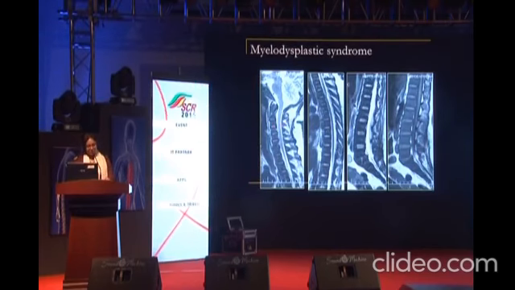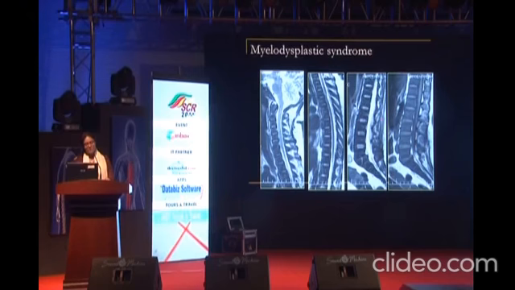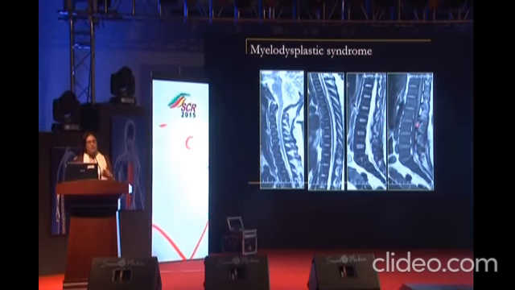So here, if you see, the vertebrae are dark on all the sequences. On T1, you can see how dark the vertebra is, much darker than the disc, as well as on T2. On T2 also it is very dark. This was a known patient with myelodysplastic syndrome. When you see very diffusely hypointense vertebrae, another thing which should come to your mind is a patient with immunocompromised status. So HIV positive patients again can have diffuse marrow hypointensity, and you need to find out if that's true.